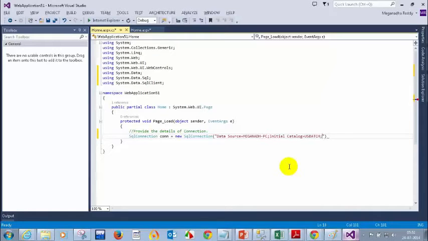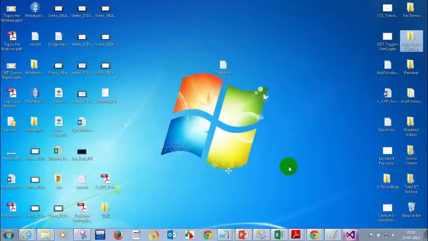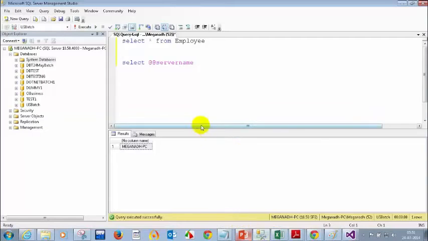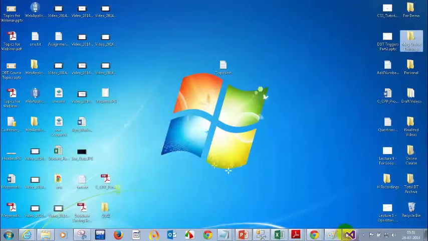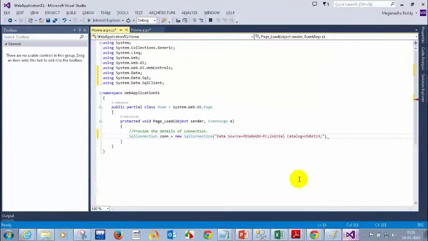Then I need to provide my username and password, or I can give integrated security equal to true for Windows authentication. I'll tell you what this is.